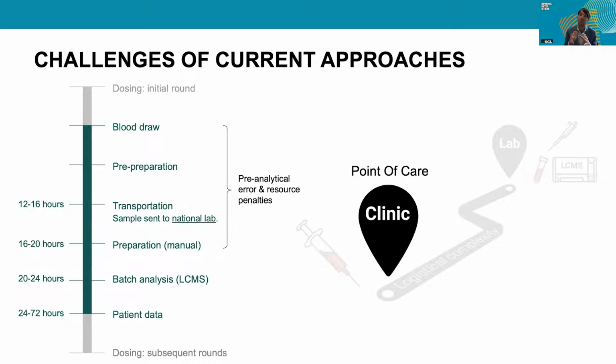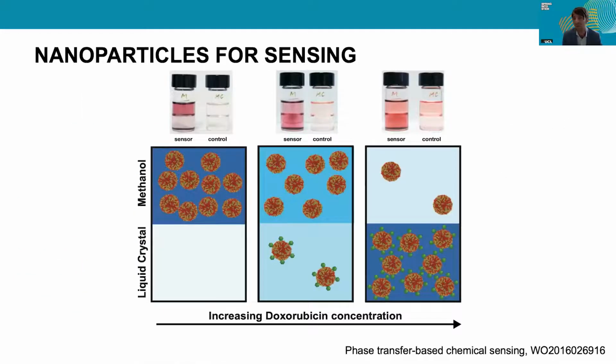And so really what you want is a point of care analysis. So you want to basically, right at the bedside of this patient, determine what is the concentration of that drug, such that you can directly respond and adapt that treatment and make it the best for that individual patient. So we were looking in my lab at novel methods to be able to do that. And so here is one example.